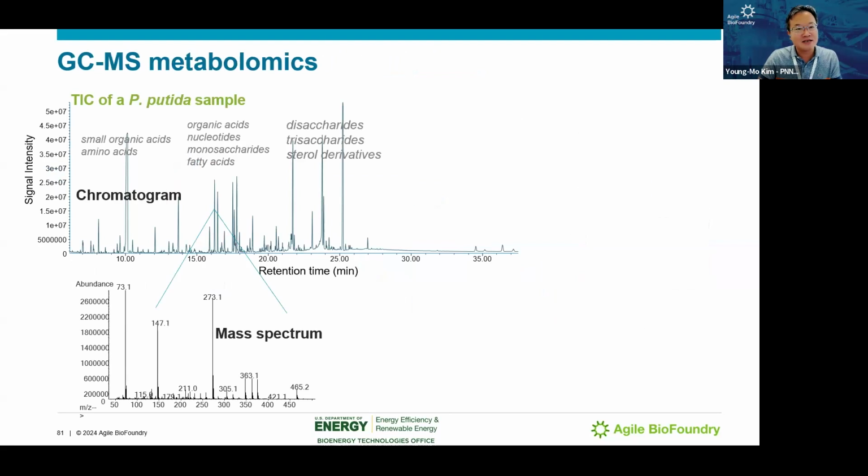On the GCMS side, we can get good separation over time. The top chromatogram is separation by time, and the bottom one is the mass spectrum at a given point. Small metabolites elute early, and bigger metabolites come late. Once we get the spectrum, we can search that information against our database.